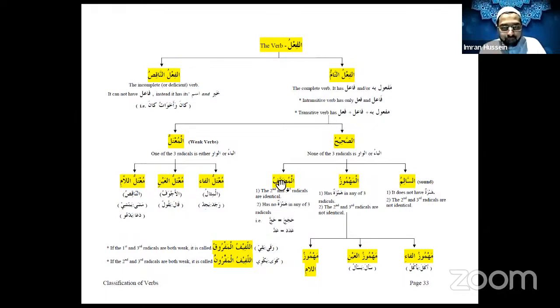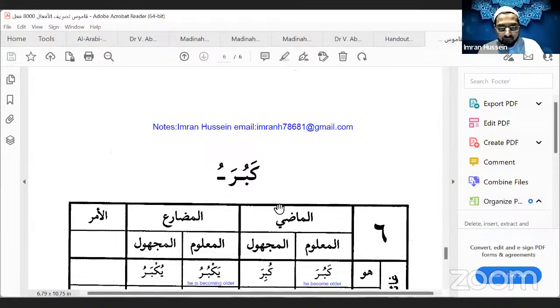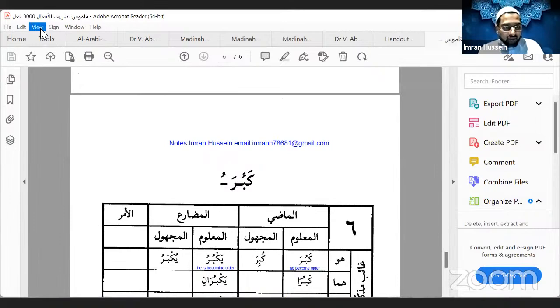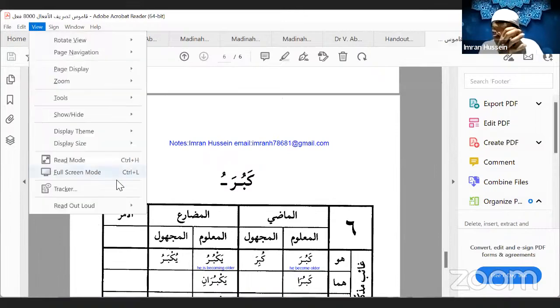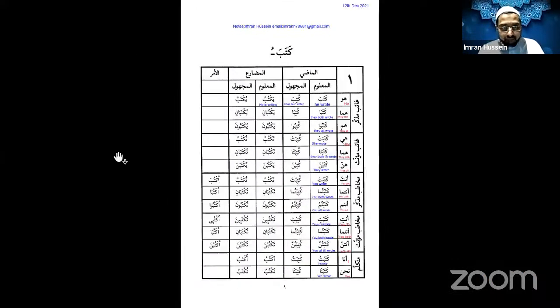Now, today's lesson is only going to talk about verbs itself, nothing apart from verbs. And my main focus today is going to be on the weak verbs in the Arabic language. Now, for me to introduce the weak verbs, I need to give you a quick little introduction about the verbs itself. Now, in the Arabic language, as you may recollect, the minimum letters for any verb are 3.